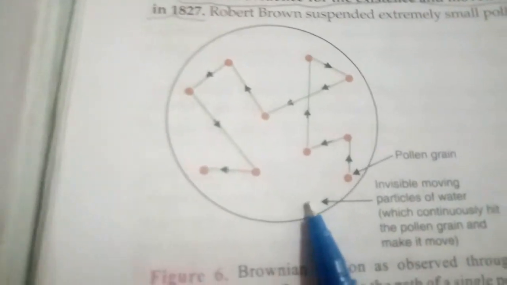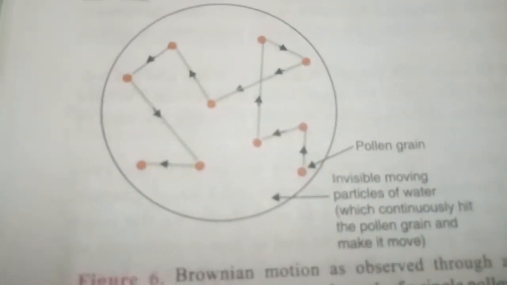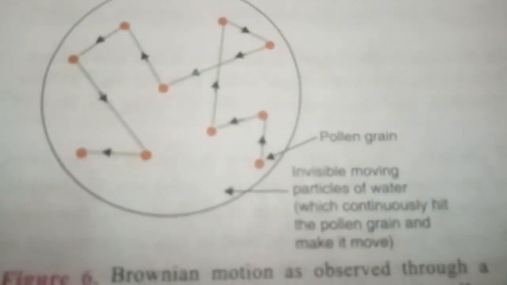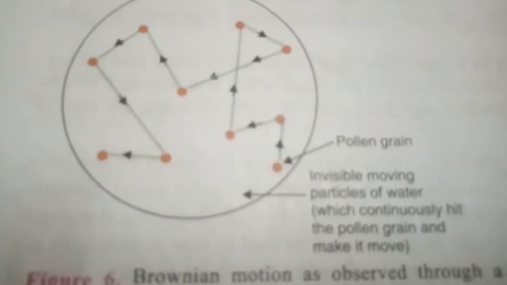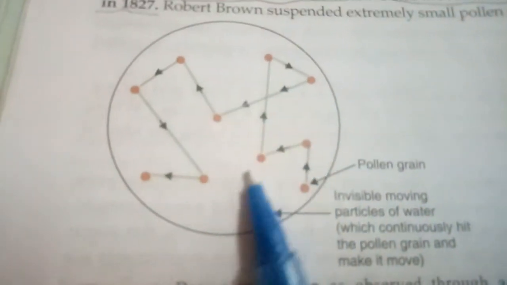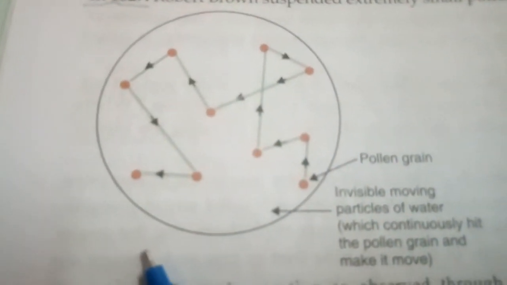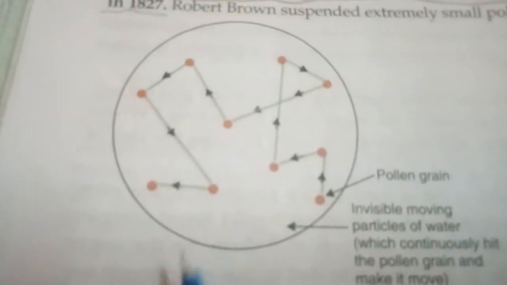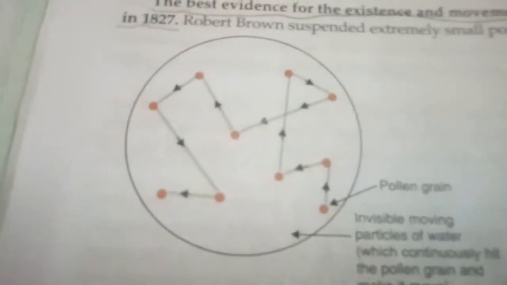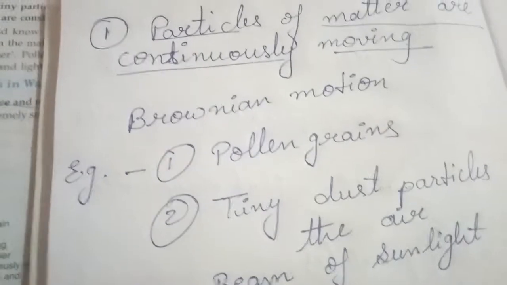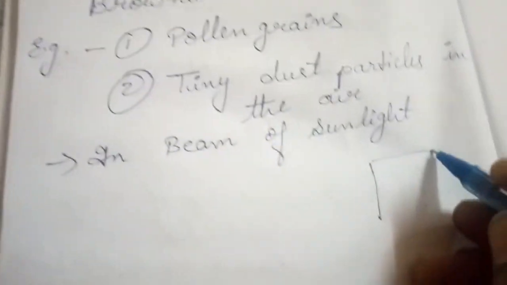So in this picture you can see very clearly pollen grains and invisible moving particles of water which continuously hit the pollen grain and make it move. That's why you see a zigzag motion of the pollen grain. This zigzag motion is called Brownian motion. The same thing, Brownian motion, can also be explained by another example. In the beam of sunlight, you must have seen in a closed room,